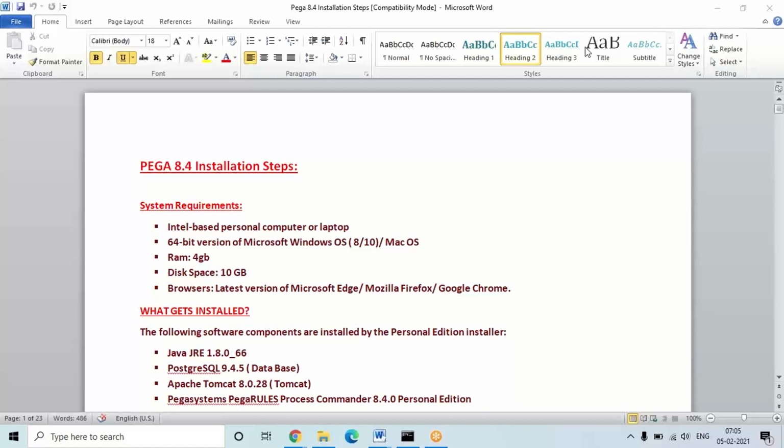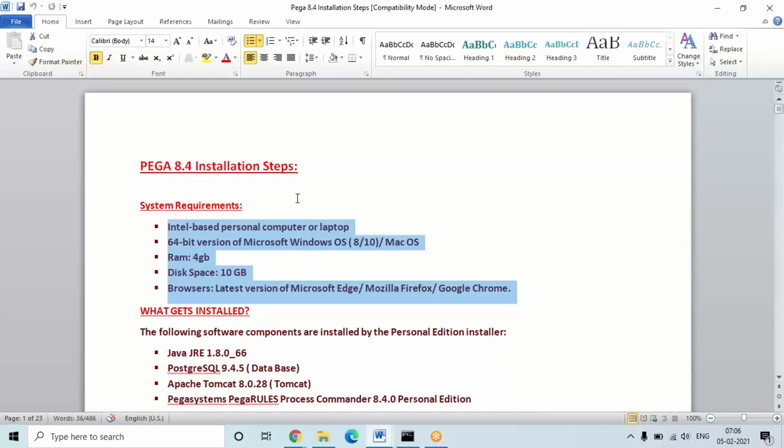So directly you'll be getting one default database and default server, and you have to use that option. What is the default database and server you'll be getting? I'll discuss that, but before that, once again quickly we'll see the requirements.